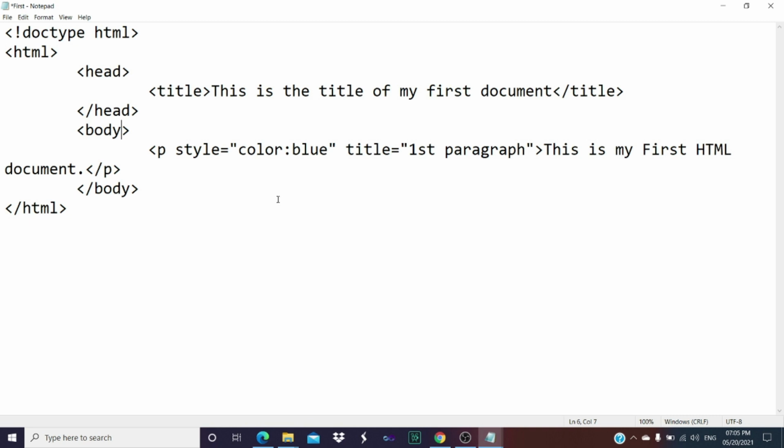Again, I repeat, if I want to change the background color of the web page, then obviously I have to write that attribute within body tag. So here is the start of the body tag, and for that purpose I will use BG color attribute, and within double quotation I will specify the value, for example silver, because I want background color of my page as a silver, right? So friends, this is how we can specify the attribute in terms of name value pair.